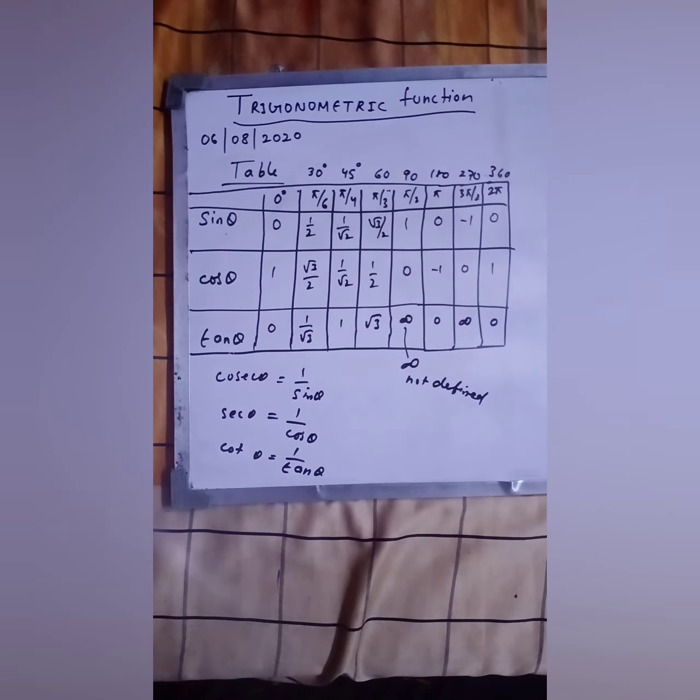Fine. So this table is very important and you have to learn this table. It's very easy. Now we will discuss the angle not from 0 to 90 degree. We will discuss the angle from 0 to 360 degree or more than that also. So we will do the question based on this concept in our second exercise. Don't worry about it, but here you have to just learn this table, that is important.